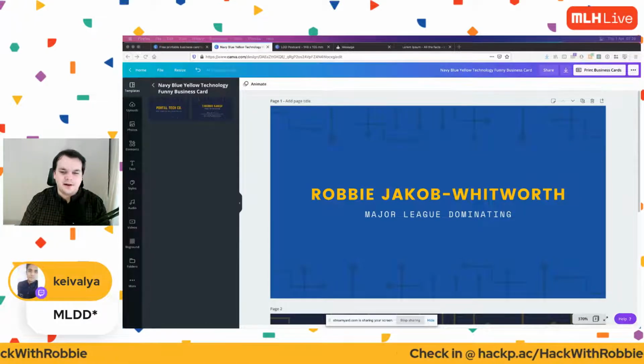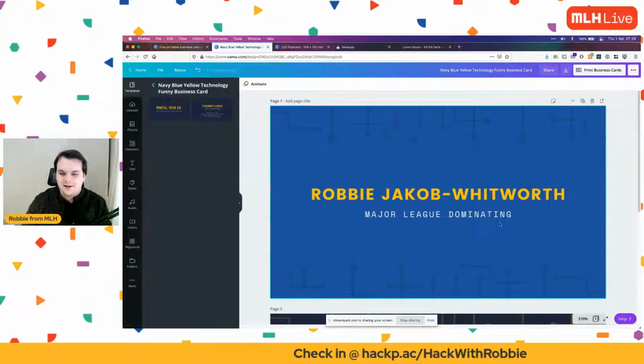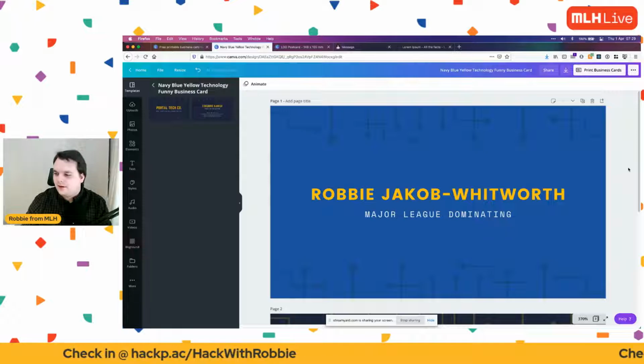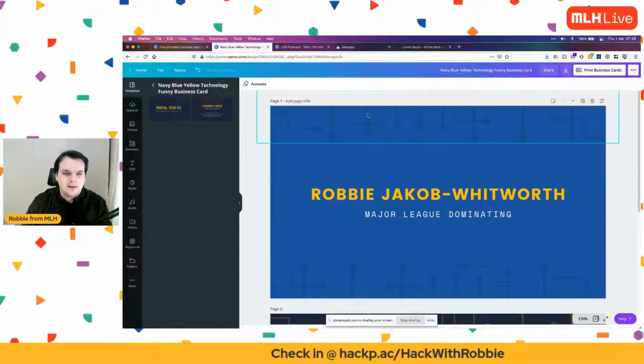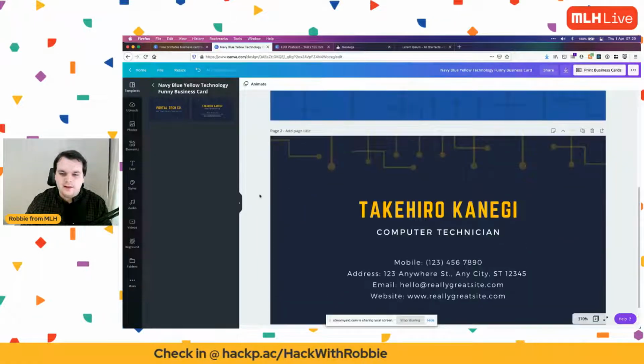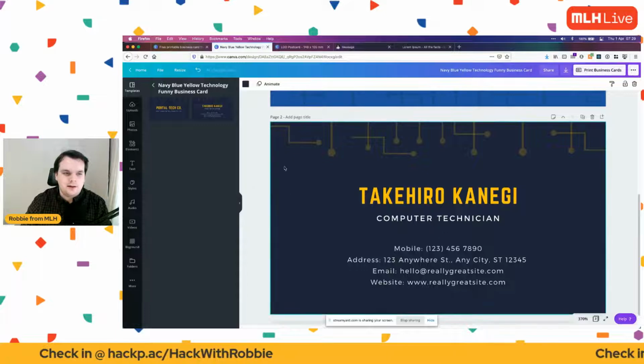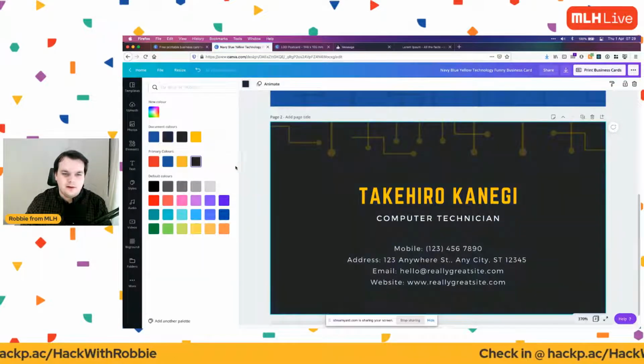MLDD, yeah, Major League Dominating. I think this actually looks okay. I can work with this. I'm not 100% sure about how I feel about using this font for Major League Dominating, but we'll let it slide for now. And then on our back page, we could go with like a dark one,